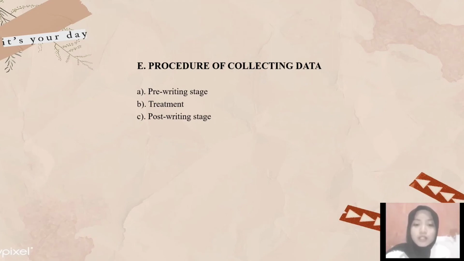And the researcher will ask students to describe one of the illustration images that have been provided in the form of a paragraph of 5 to 10 sentences. The pre-test is given to students before they receive treatment to determine their writing accuracy and comprehension skill. Students must complete the pre-test in approximately 80 minutes.